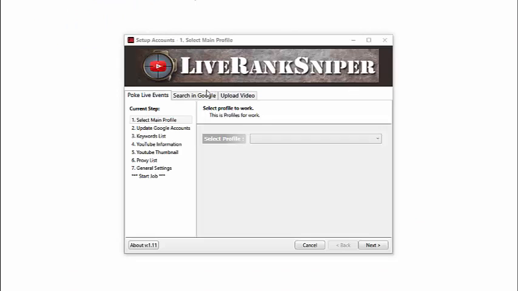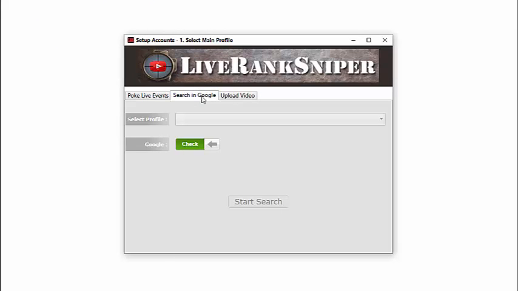Okay, so now we'll go on to the search in Google section where you select a profile. Now you click on search, and what that will do is either check Google for the keyword phrases that created all the live events, or say for example you want to recheck those same keywords in an hour or a day to see if any of them popped up on page 1 again. You can select recheck and recheck all of those keyword phrases again. So